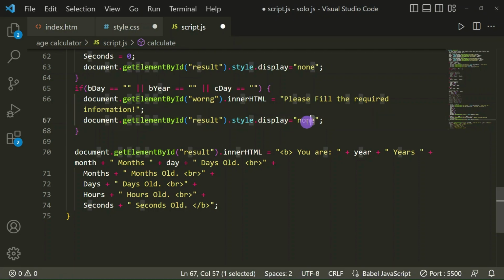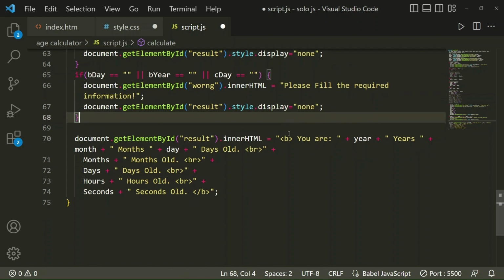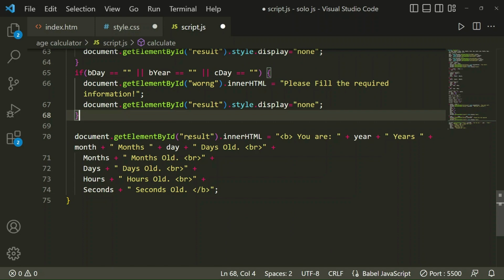And at that time display should be none, so it will not show how many days and how many years you have. So for the result id,